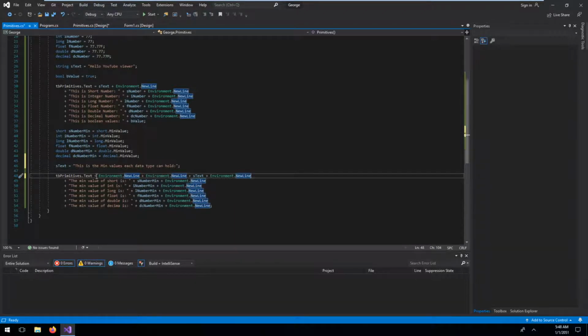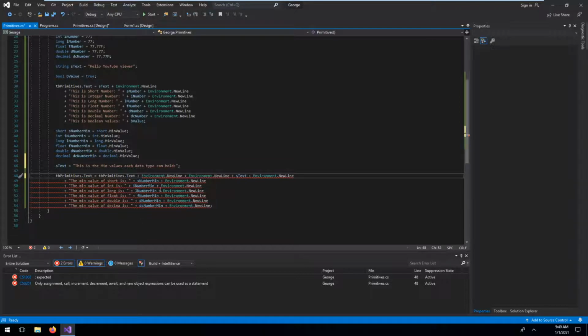So I can easily do that by just adding the previous value of the primitive text of the text box. I can do that by just saying I want the primitive text box to be assigned the primitive text values plus everything else. This is the previous state of the text box field, and this will be the next one. So if I run the application now,